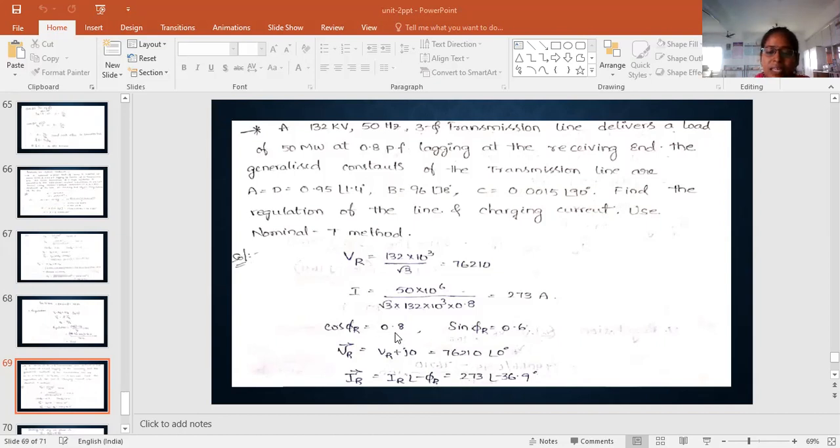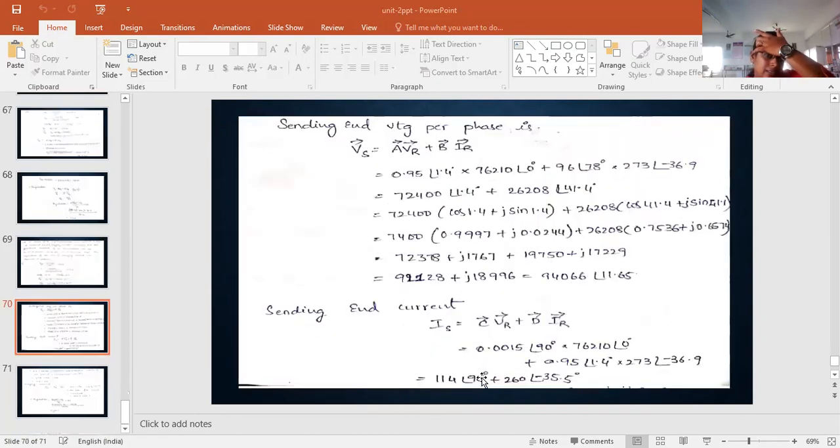The angle phi r we can calculate by using cos of phi r equals 0.8. Phi r equals cos inverse of 0.8, and that angle is 36.9. We can substitute directly. In polar form we can write 273 at an angle of minus 36.9. And the sending end voltage Vs, we know the two-port formula,